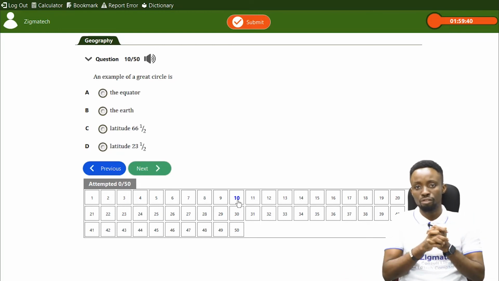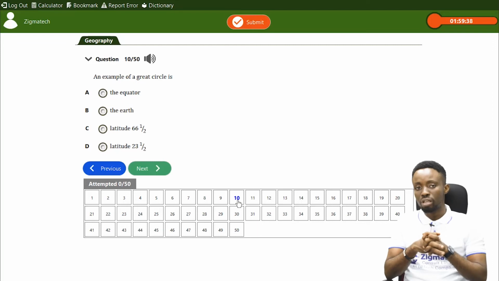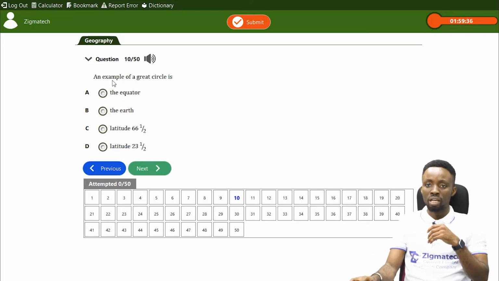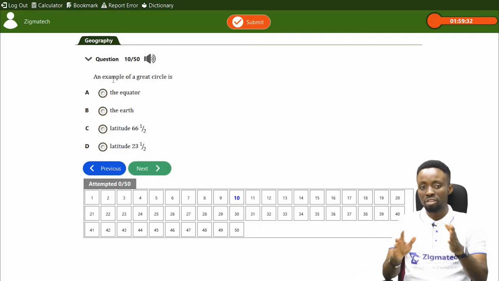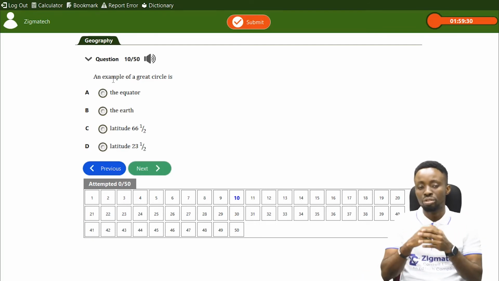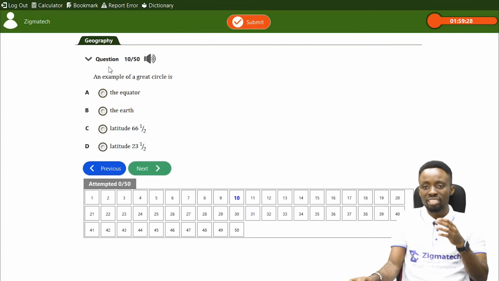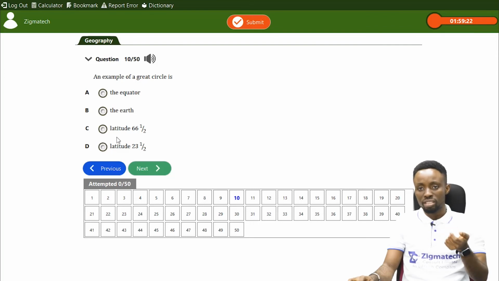Now, question number 10 for 2011 JAMB in the ExamGuide app says, an example of a great circle is dash. Remember I told you a great circle is actually the line that divides the earth into two equal halves. So let's look at it. An example is dash. A, the equator. B, the earth. C, latitude 66.5 degrees. D, latitude